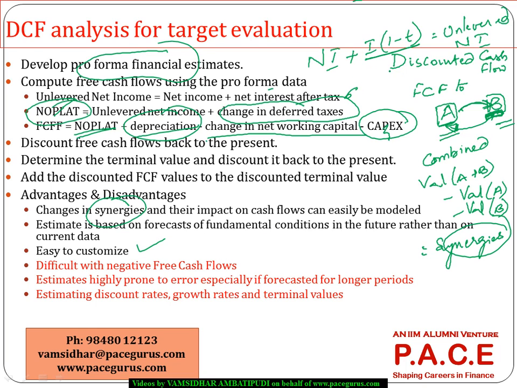But of course, if the free cash flows are working out to be negative, we have some issues with respect to how they are growing, and it becomes a very big difficulty in using the formulas, especially when the free cash flows are going negative. The items which I am highlighting in red are the disadvantages associated. There are so many assumptions we are making, assuming that these are the synergies, assuming the revenues will grow at this rate. A good number of assumptions may be prone to error, which means the calculations we are doing are all prone to error.